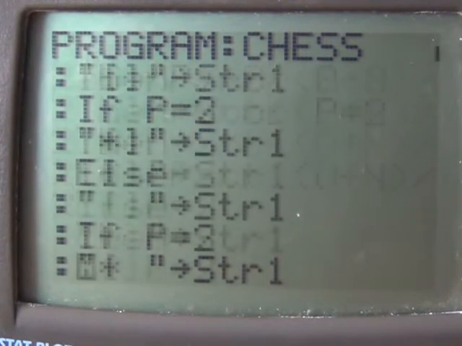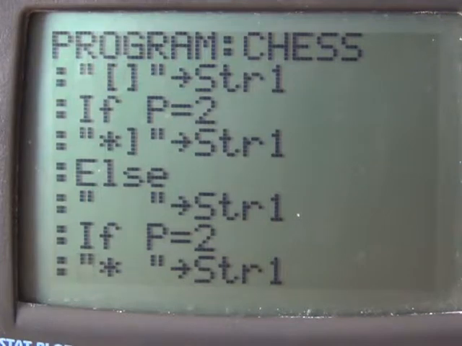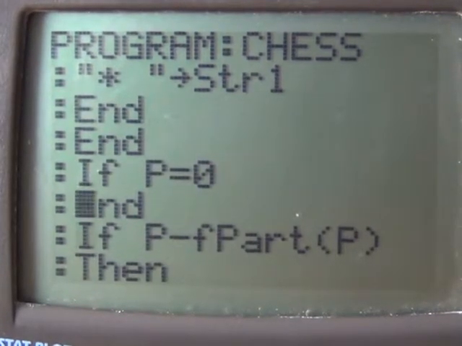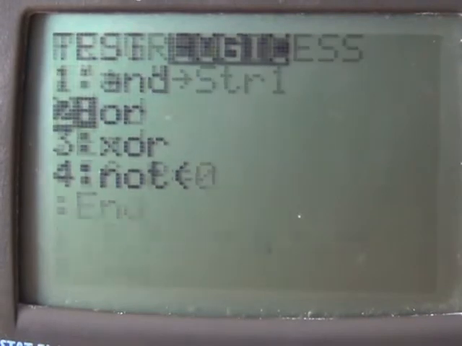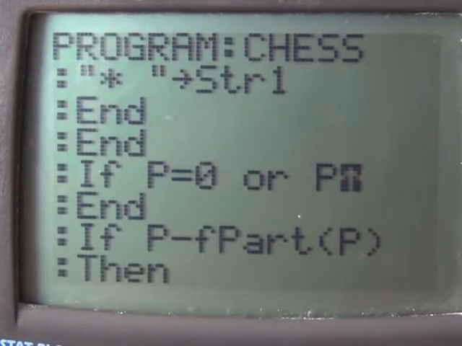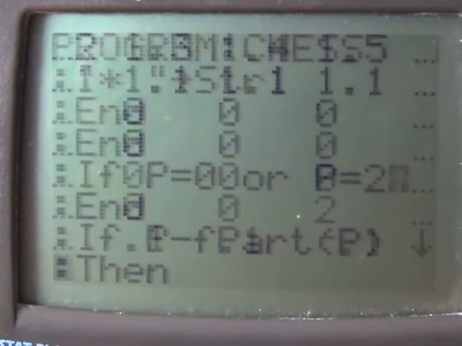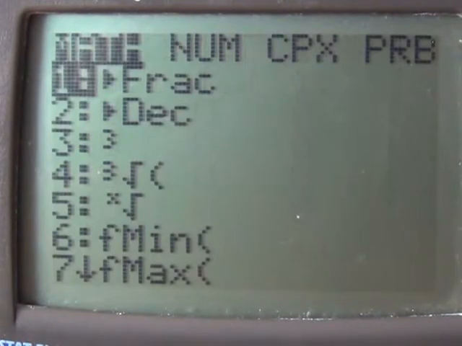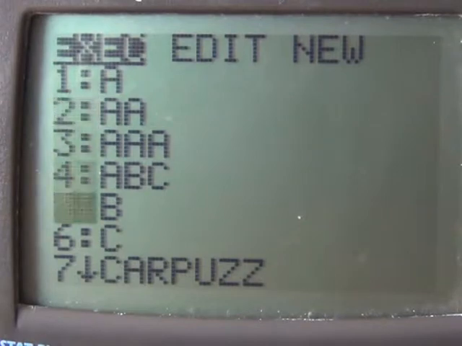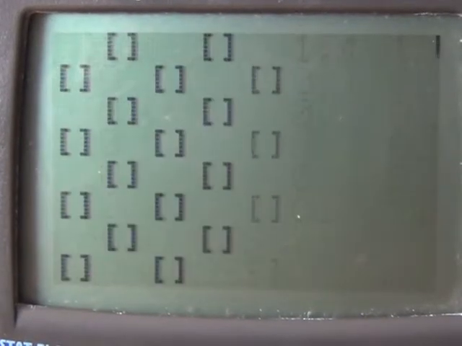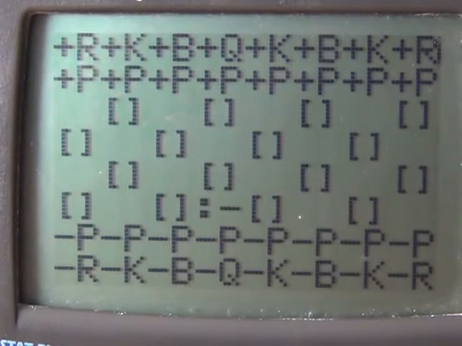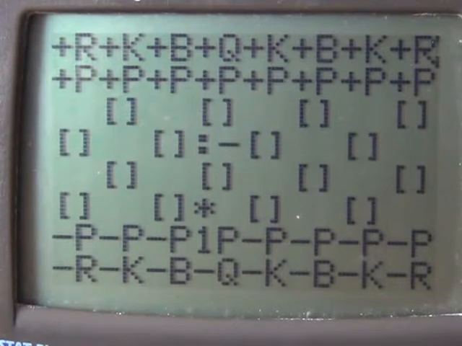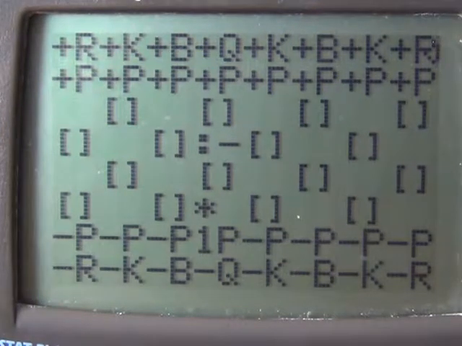Oh yeah, yeah, yeah. Or P equals 2. Yep, that's it. That should work. Yep. Okay. Nice. Okay, now we can move on